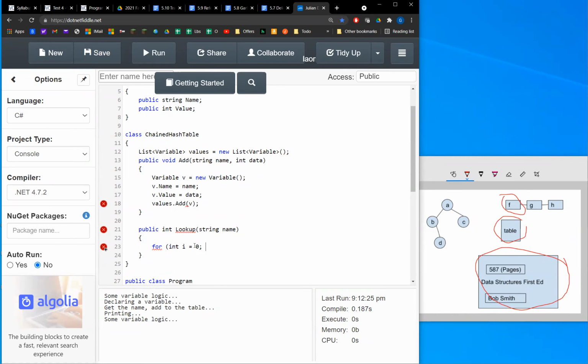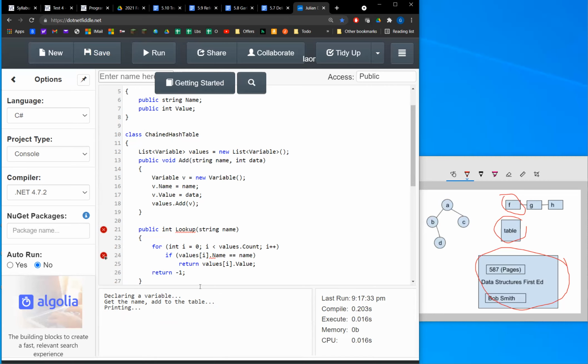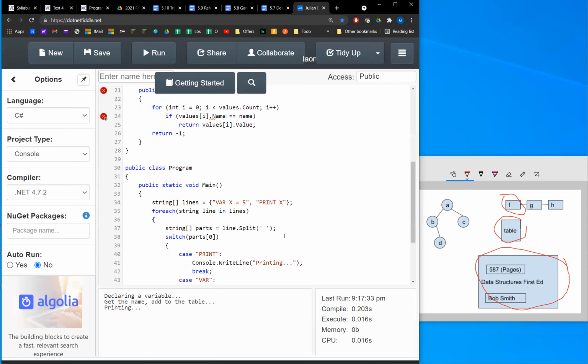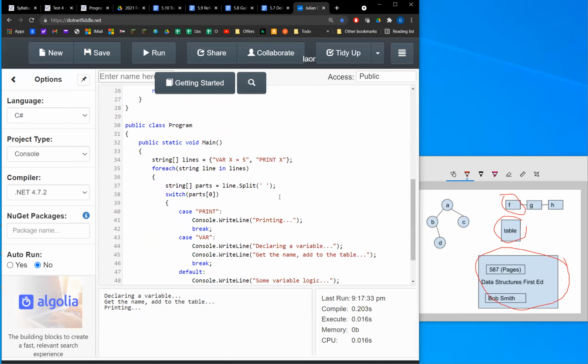For r equals 0, r less than values length count. There we go. Do. All right, what wasn't it liking about my lookup? It likes just fine. Okay, red squigglies. All right, so